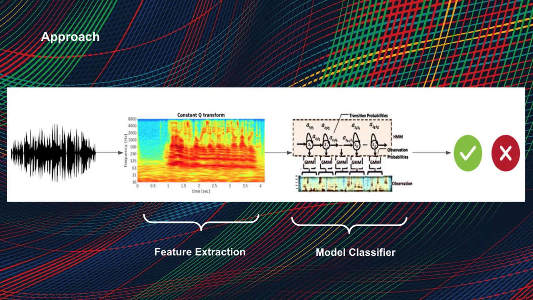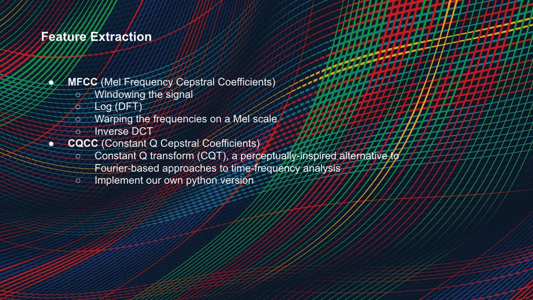Here is the pipeline of our methods. Feature extraction and classifier are the 2 main parts of our work. We follow the settings of previous work and use MFCC and CQCC as features in our task. We will not go into details, but these features have proved to be effective in distinguishing fake audio. We use MFCC from the LibROSA library and our own implemented CQCC. Note that audio samples have variable lengths, so we pick the first 50 frames of the MFCC and CQCC features and flatten them as inputs.